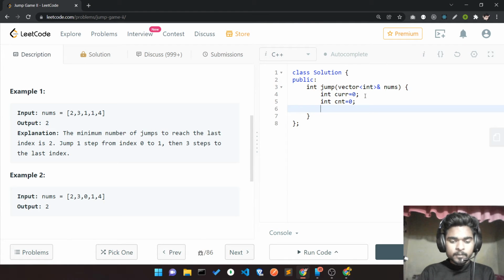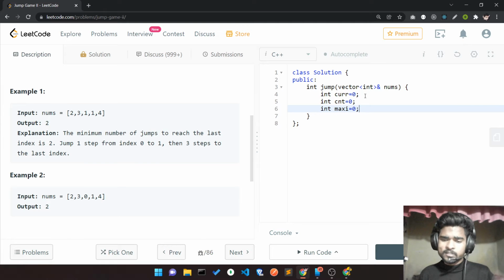And I'll make one maxi variable which stores how far I can go if I stand here and take the value. In the initial state it contains 0.